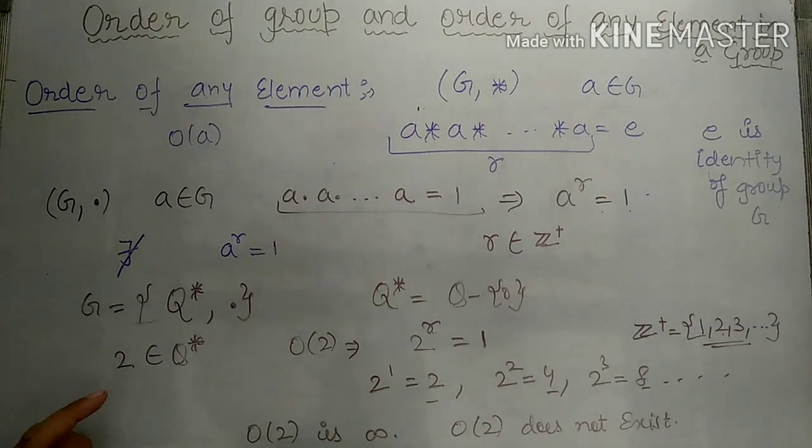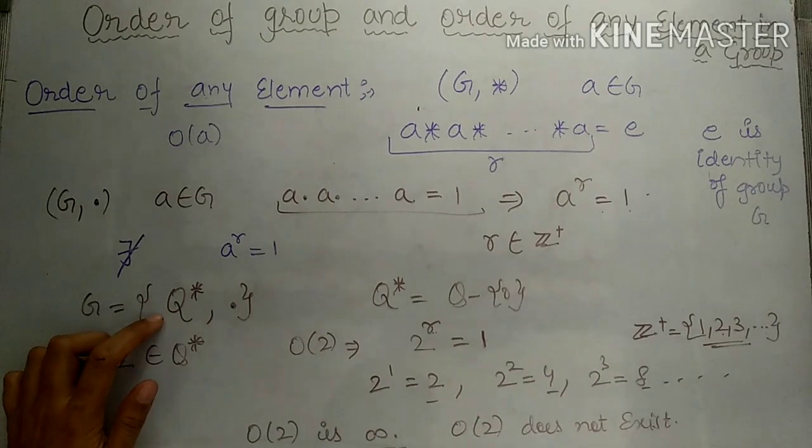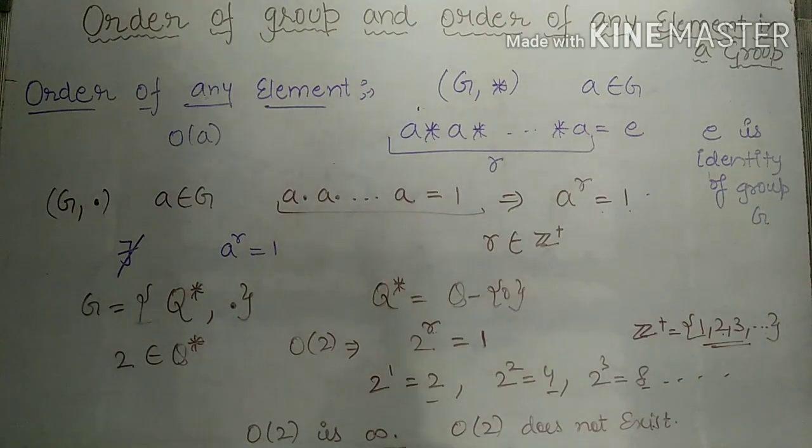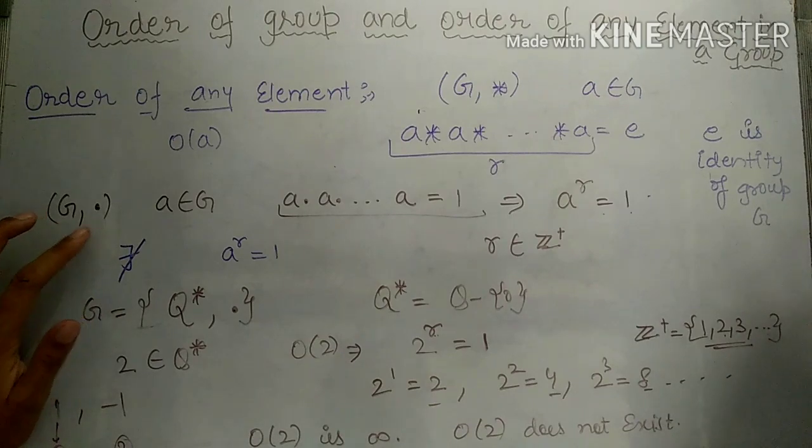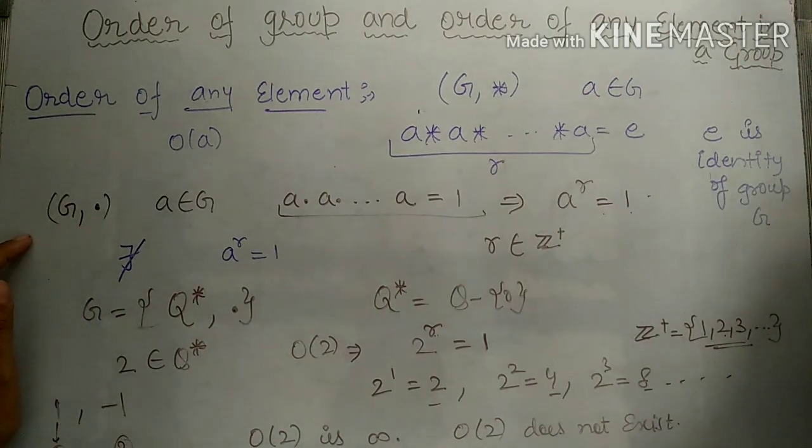So friends, if you take any rational number other than 1 and -1, and if you try to find the order of that element, it will be infinite. So in Q star, there are only 2 elements of finite order, that is 1 and -1, where the order of 1 is 1 and the order of -1 is 2. So friends, we have understood the order of any element in a group G with a binary operation of multiplication. So friends, what happens if we take the binary operation as the operation of addition? Let's understand it.